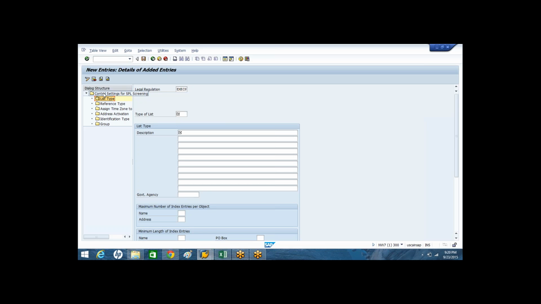For example, if your SPL list which is going to be provided by the data providers belongs to 10 different categories, all those 10 categories need to be defined as list types in the GTS module. So that is what we have to do.